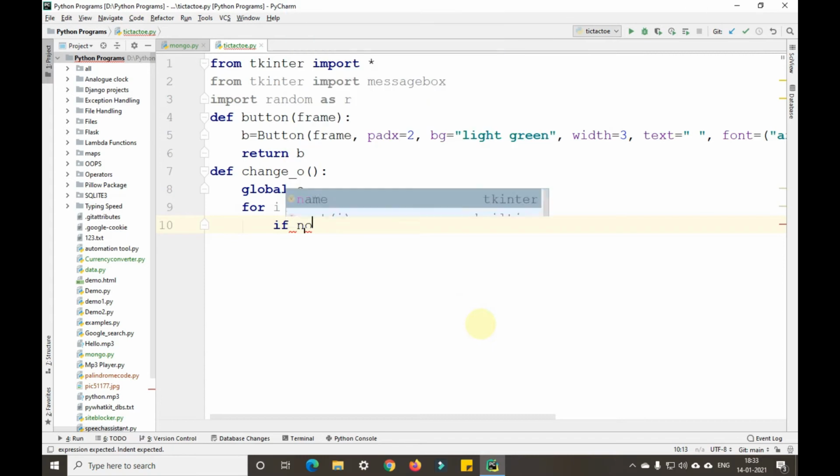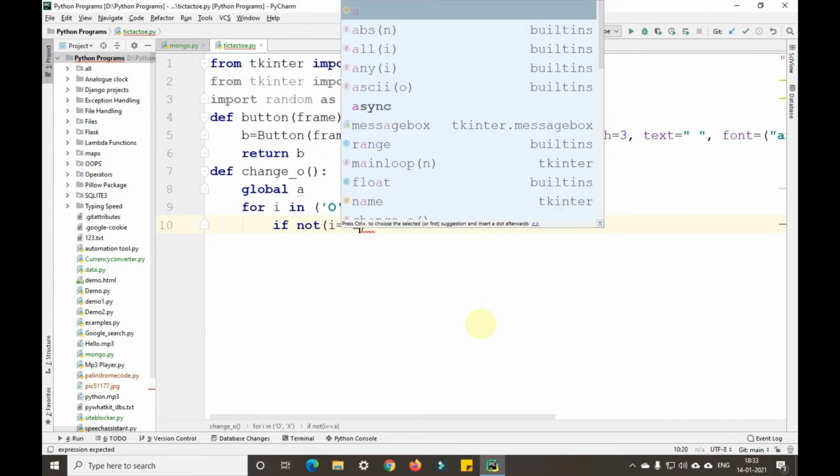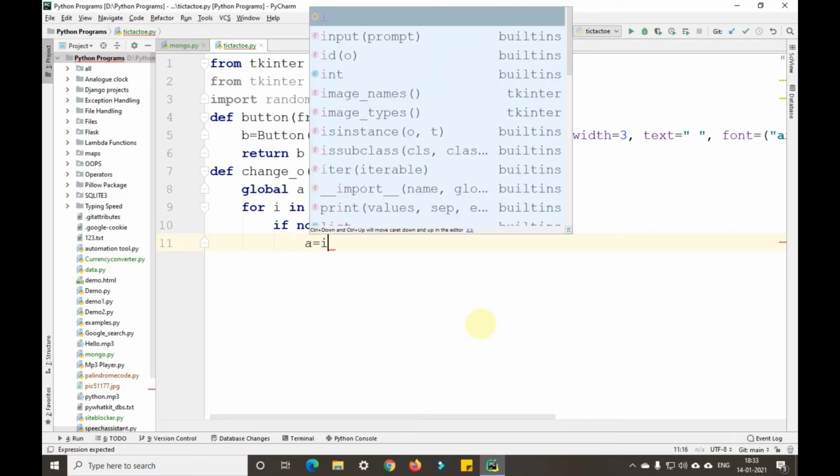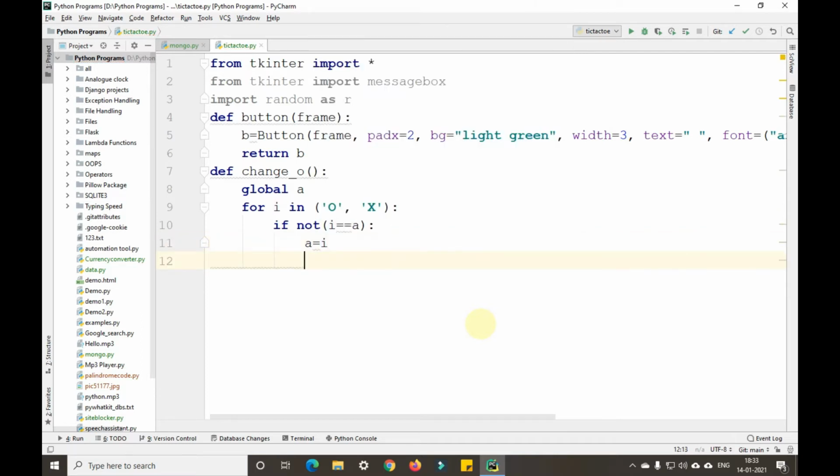If not i equals a, followed by a colon, a equals i, then break here.